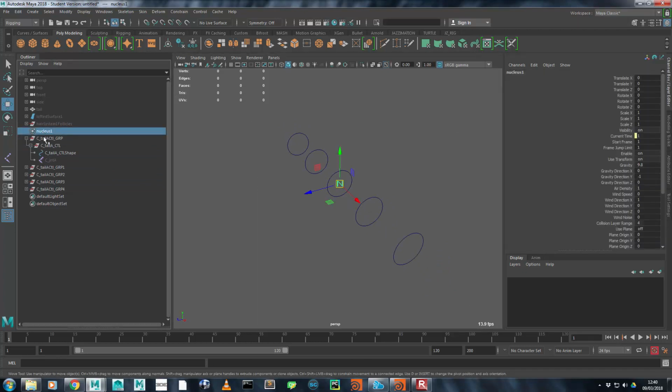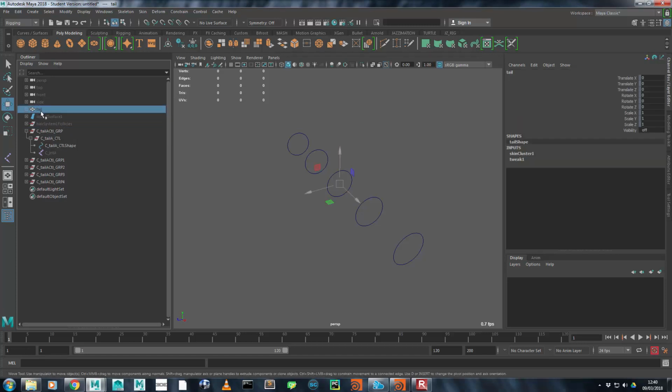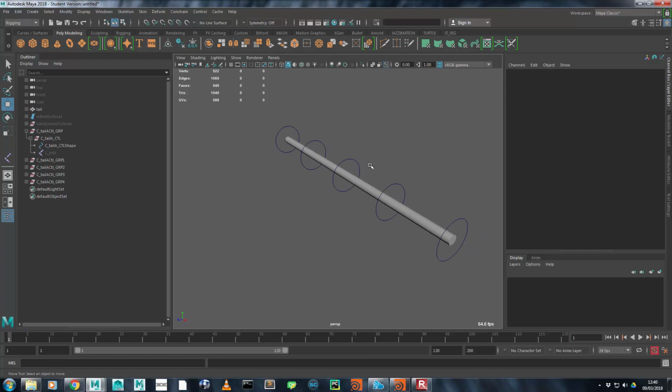In fact, we can remove this nucleus solver as well. This is created when the hair system was created. We don't actually need it either, so that can go. So now I've got 5 controls